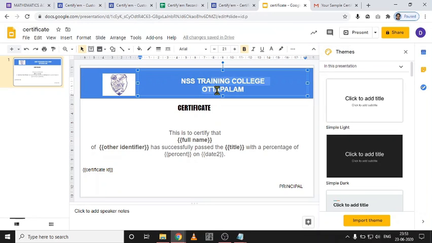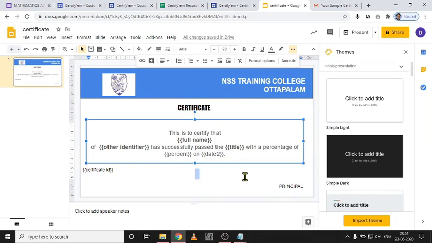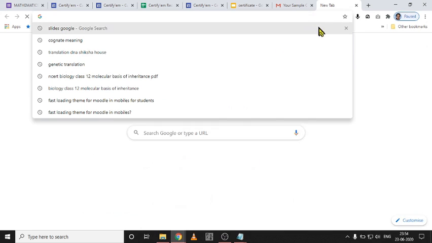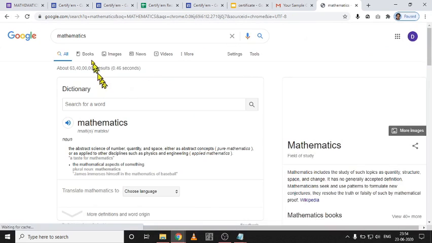Okay, and using that alignments, etc., you can make more beauty to the certificate. No, that is not good. Just look and design. Okay, now you can change anything. Now I want to add one image of a college on this sheet. I am trying to add a photo of mathematics, a good photo of mathematics,